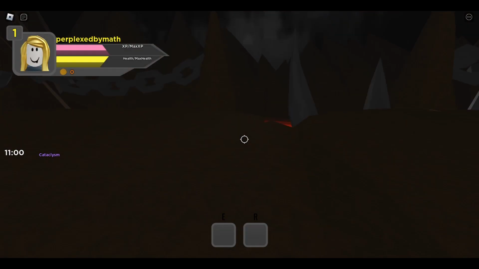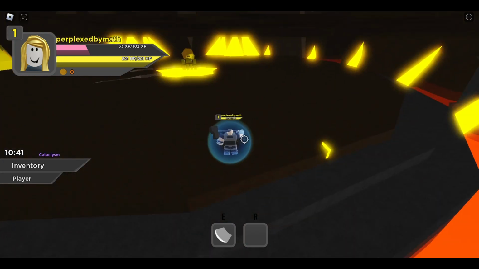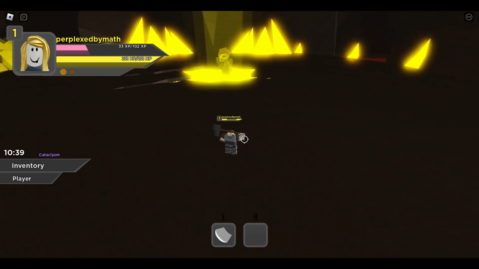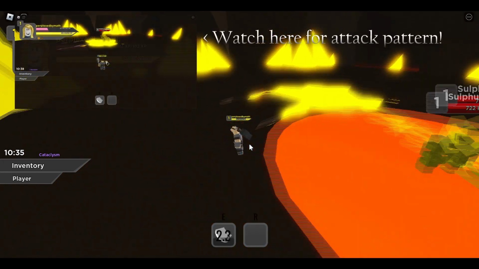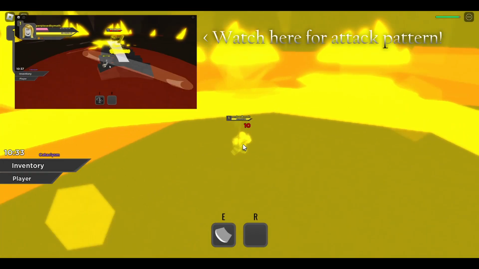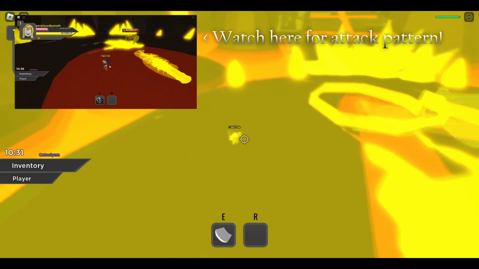Alright, I just reset so I can get to the boss a little quicker. Here is the second boss, the Sulfur Guardian. I think that's his name. Okay, so first thing you'll do is throw out his weapon and then run to the area of effect and